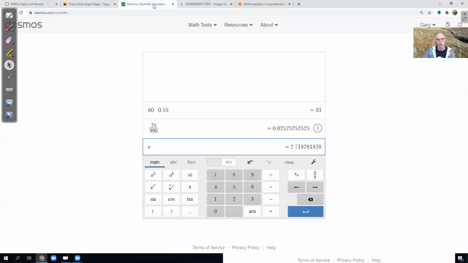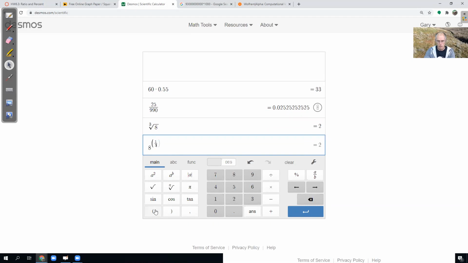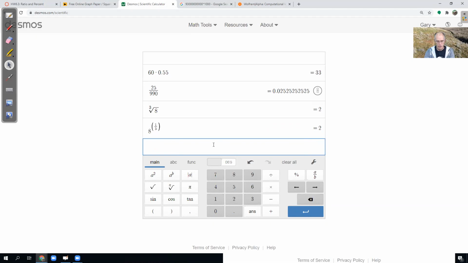So let's just go to a regular calculator. Some calculators have cube root buttons, like this one does. I can say, hey, give me the cube root of 8. Calculator says 2. Or I can say, what is 8 raised to the power? And some of these calculators need parentheses for complicated powers. 1/3. Oops. And calculator says, oh yeah, I recognize 1/3 power as a root. It says the answer is 2. If I tried to take 4, the cube root of 4, let's use the cube root button here,